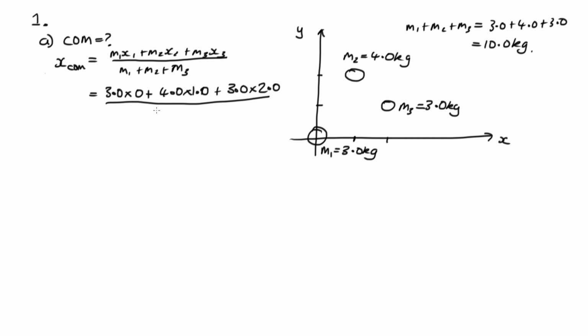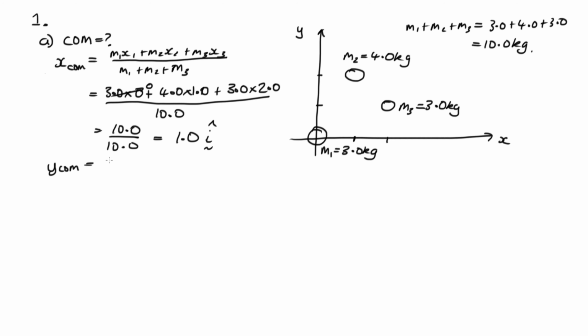And then we've calculated the total mass as 10 kilograms. So this term here is 0, and so we've got 4 plus 6, so that's 10 over 10, which is equal to 1. So this is 1I, because it's the x direction,